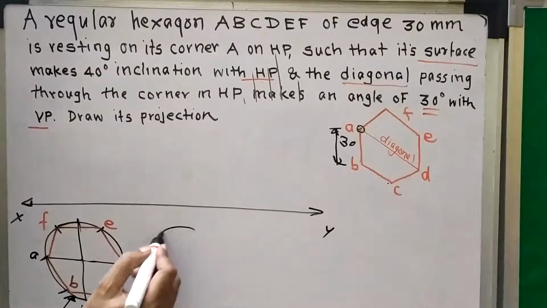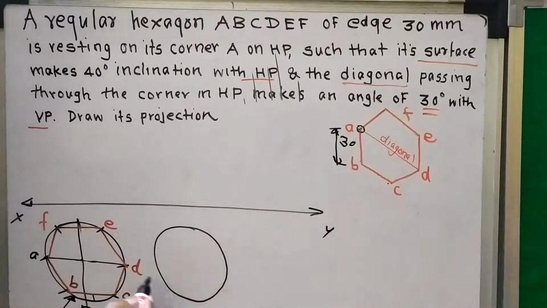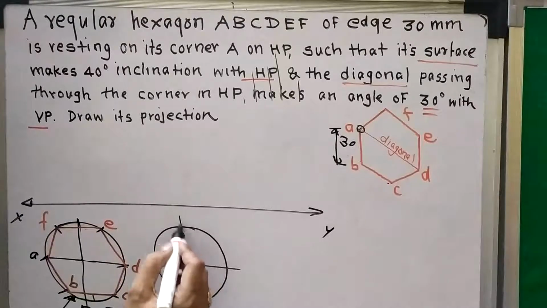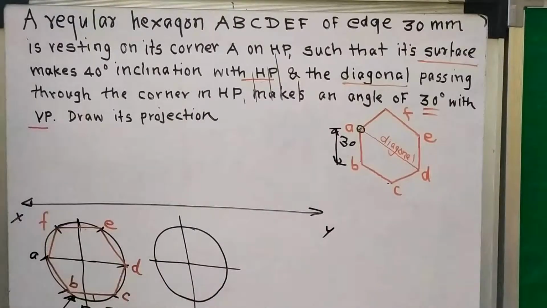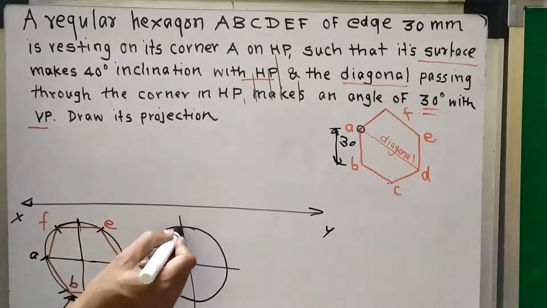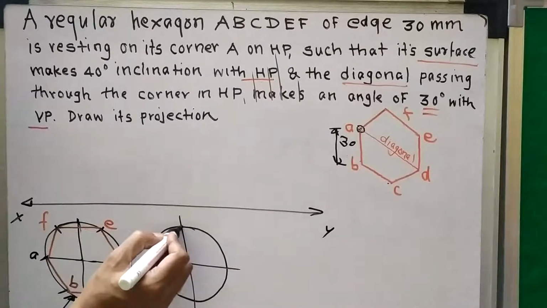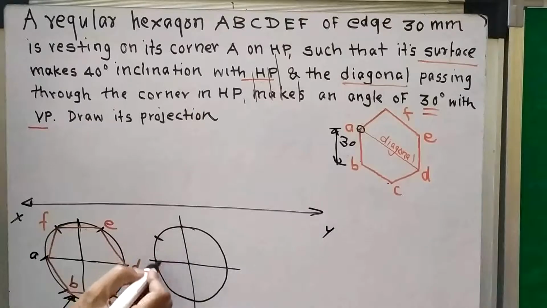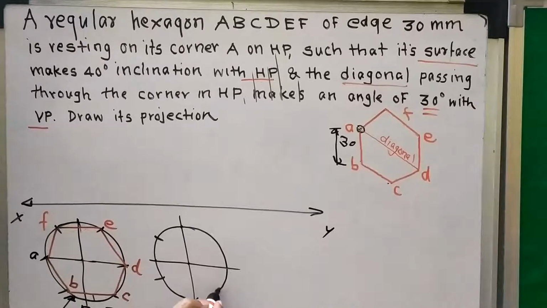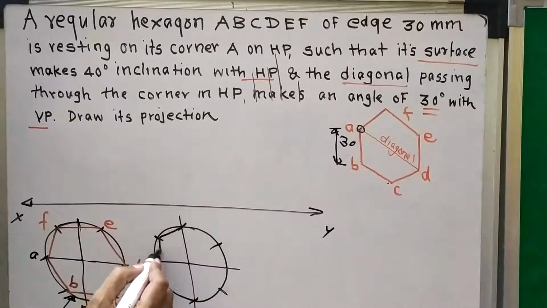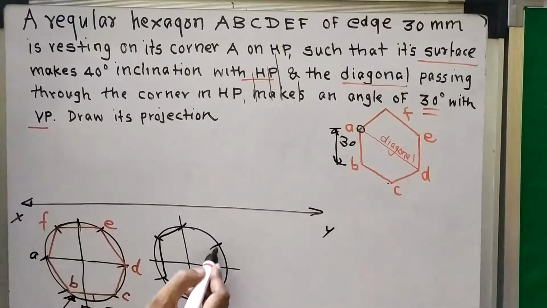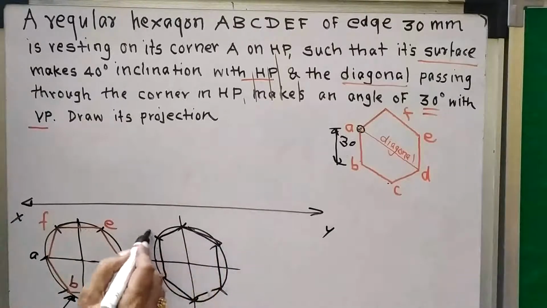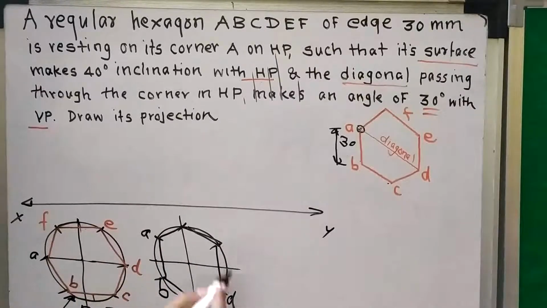So again in the same way, we will draw a circle of given radius equal to the side of the hexagon, then draw vertical and horizontal diameter. Now in this case, start from this arc. Starting from this, I will mark first arc, second, then I will mark third, fourth, fifth and sixth. So I will join this. So this will be my A, B, C, D, E, F.